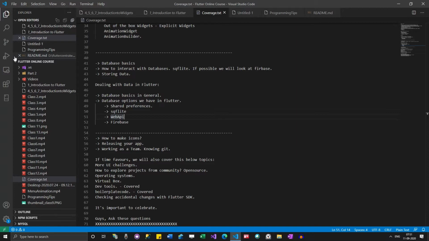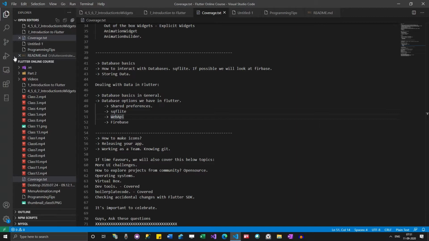When you join some company, there will be people who will be creating these web APIs. Being a mobile developer, you don't have to bother about it. They will give you some site saying these are the web APIs available and you can use them. You have to spend some time understanding those APIs, how they function, and then you can do it.